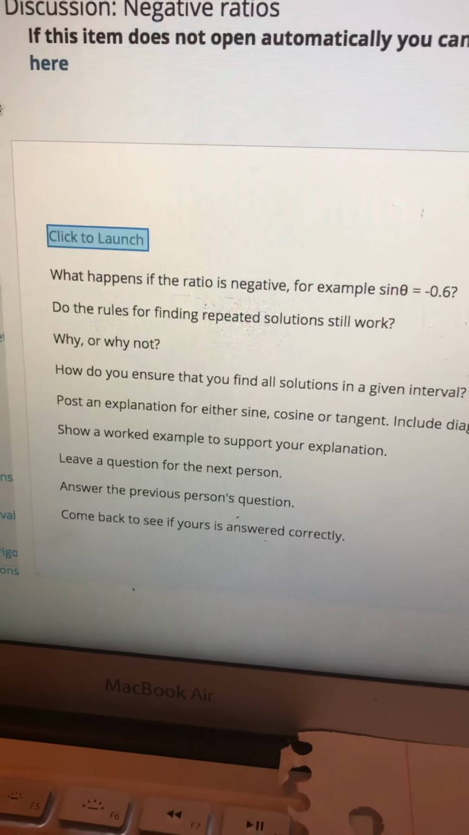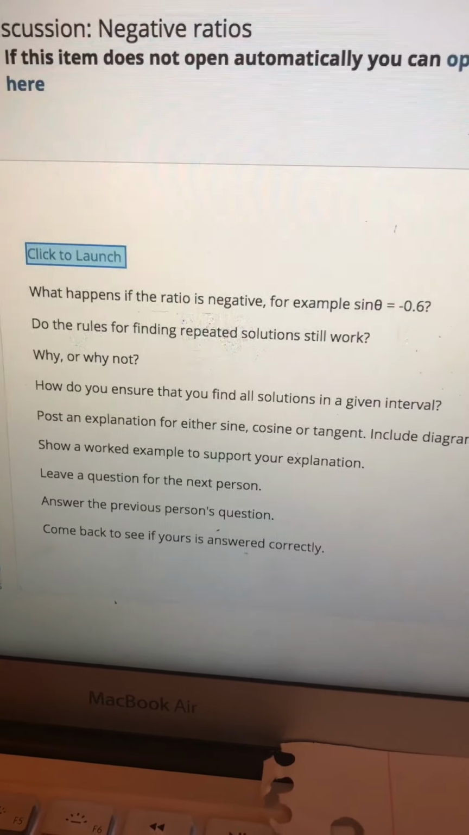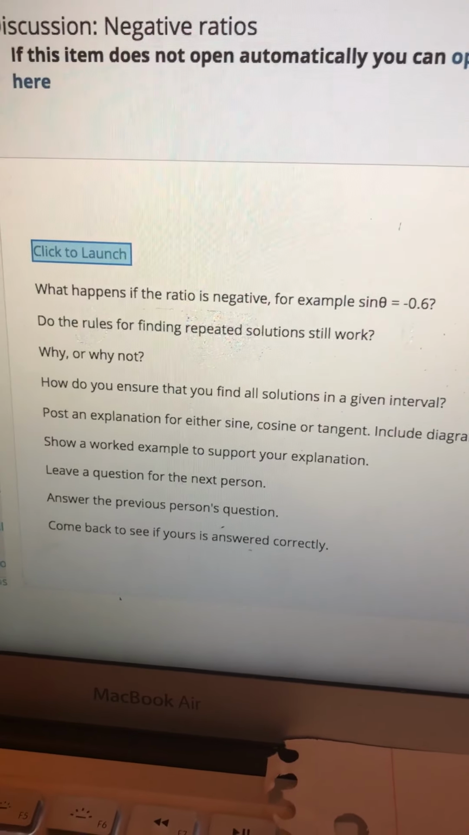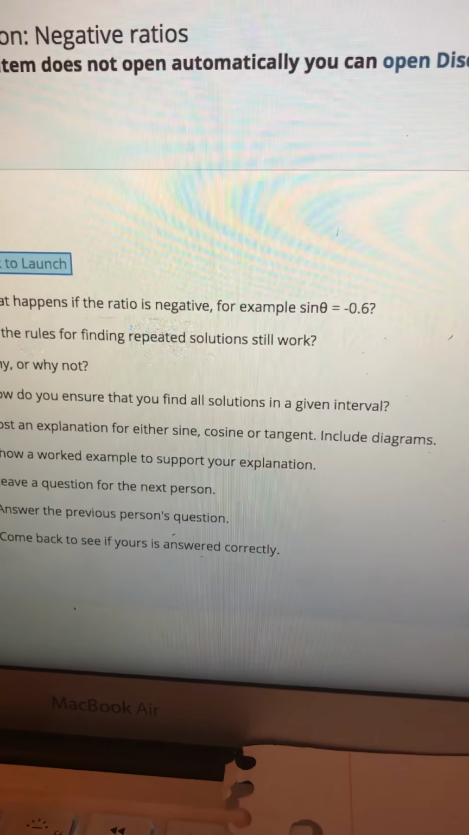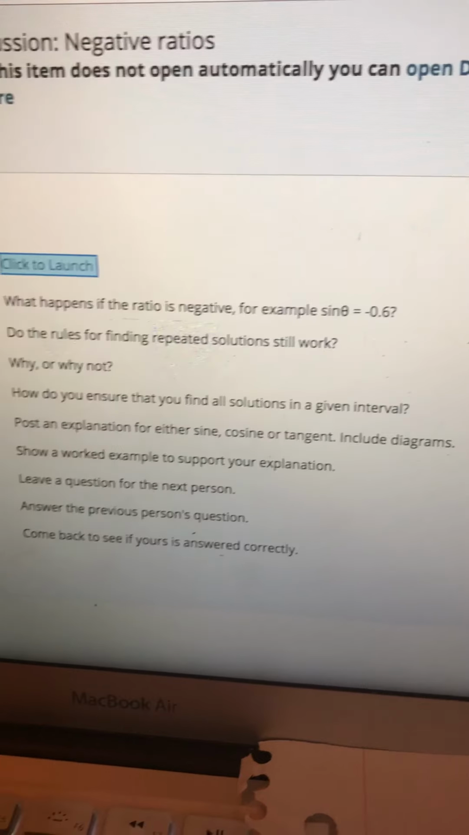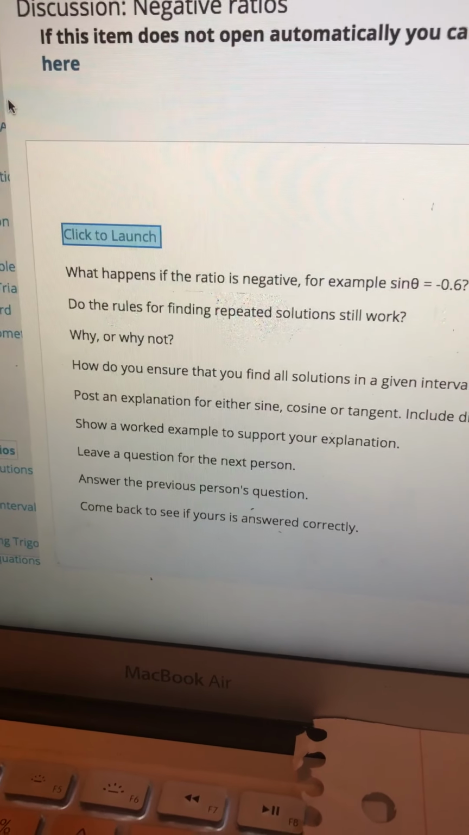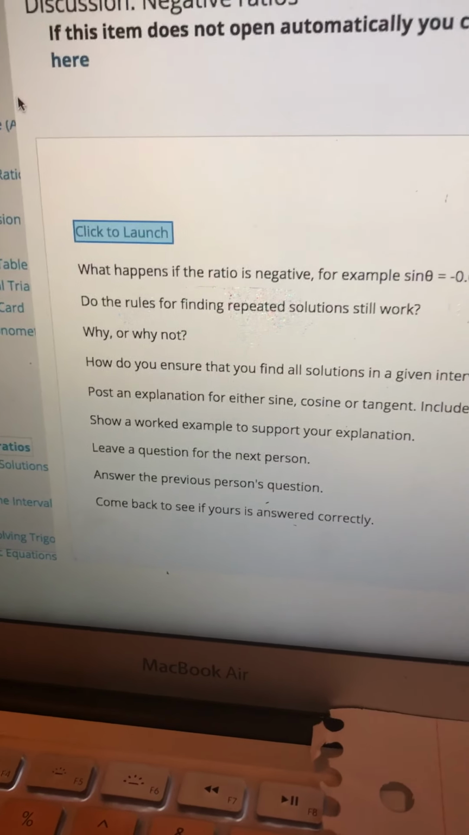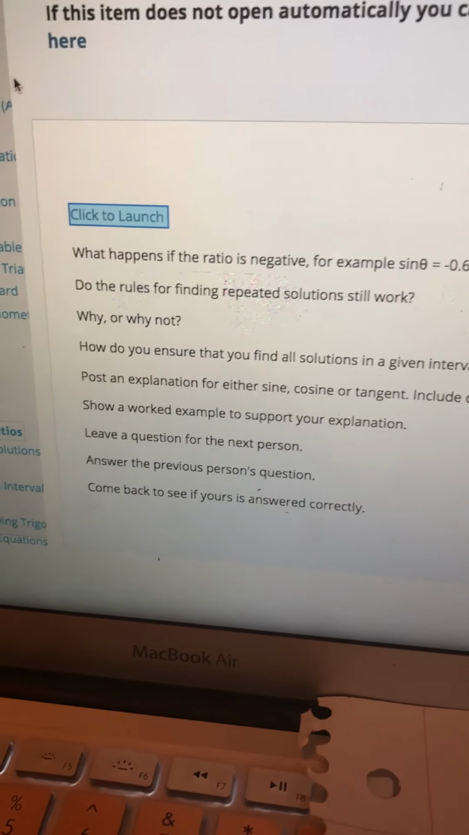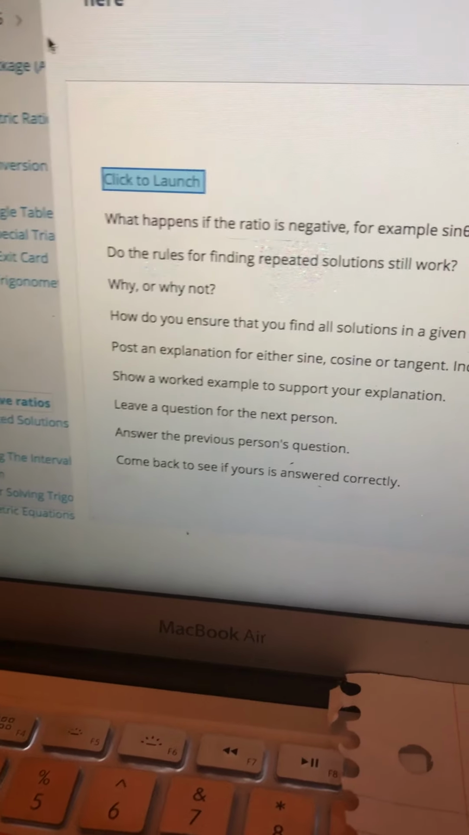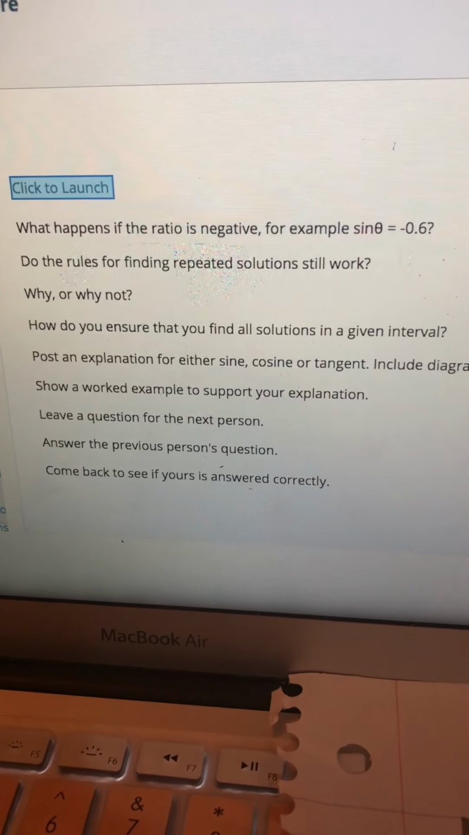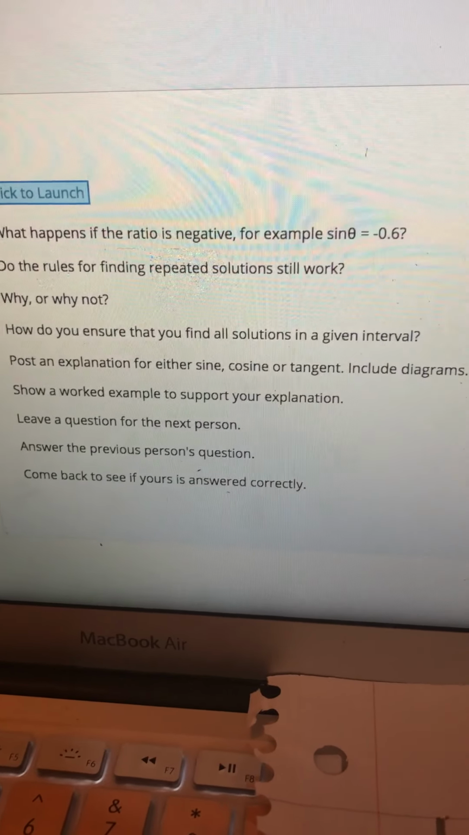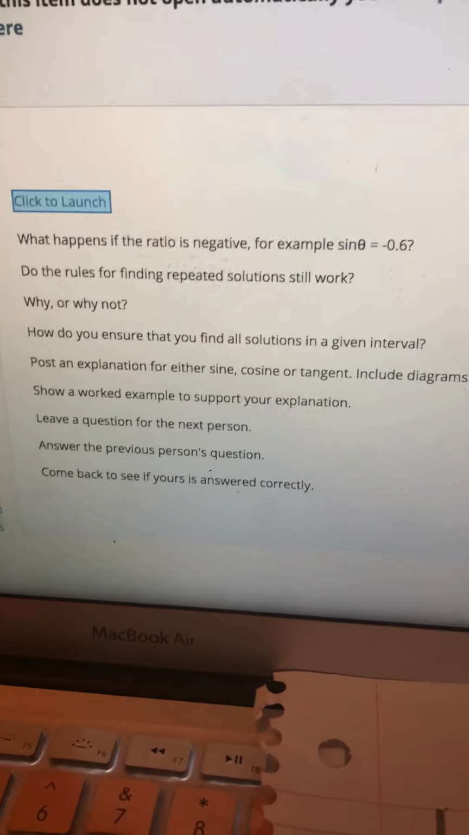Okay, so the question is what happens if the ratio is negative? For example, sine theta equals negative 0.6. Do the rules for finding the repeated solution still work? Why or why not? Okay, let's start from there. So I'll be showing you my explanation and my worked example to show you why I believe it's still gonna